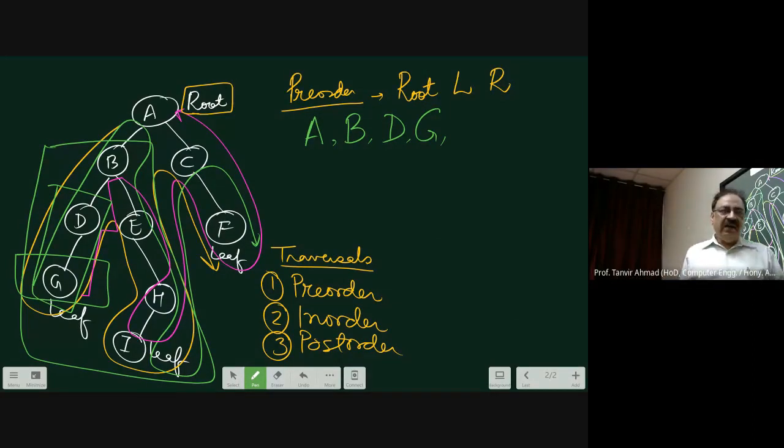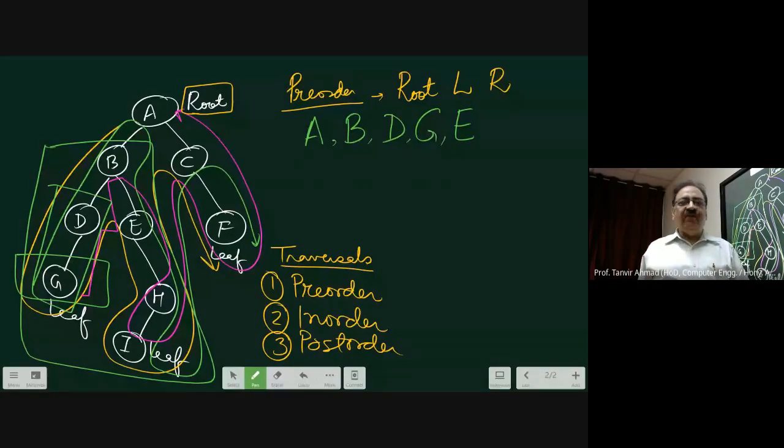Again you go back and come to B. Now from B you follow the right and you get E. Therefore I follow E. Then I follow the left. There is no left of E. Therefore I follow the right of E. I get another H. Then I have another I. Then I follow the left of I, nothing, right of I, nothing. Go back to H. There is no right of H. Then I keep on going until I reach A. And from A, I follow the things and I get two nodes, C and F.